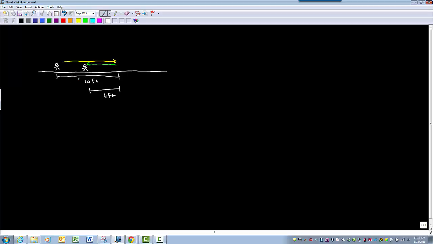Okay, and how do we get that? Well, we took the 10 and subtracted off the 6. So the displacement, which is this, is 4 feet. So displacement is the overall, the end result. How much did you move from where you originally started? So displacement